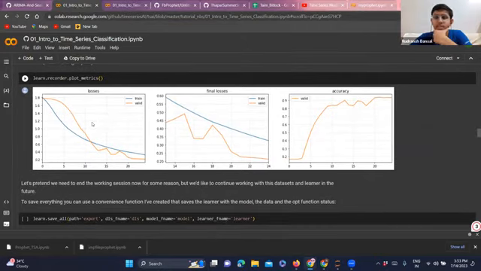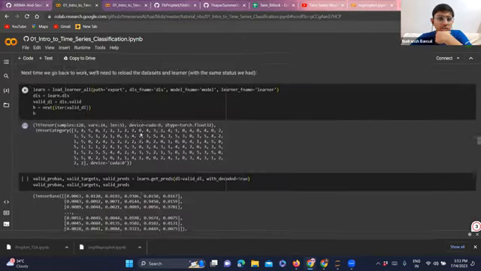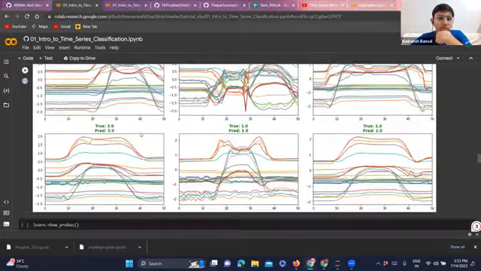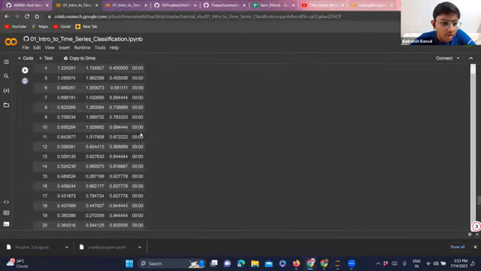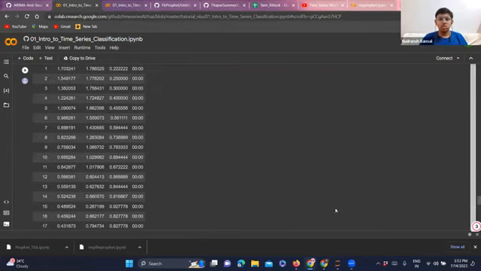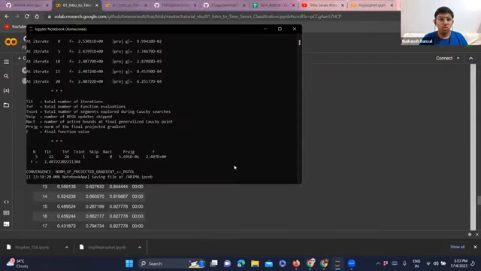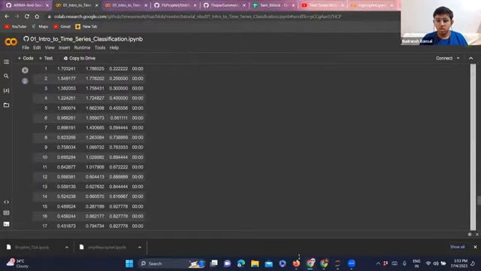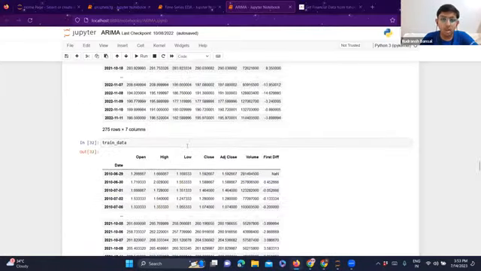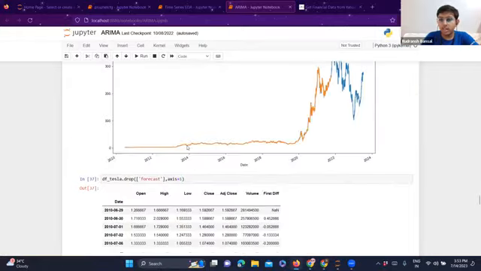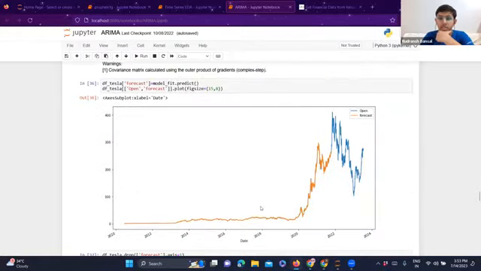This can be a better visualization. I can show you my own datasets. So let's have a look. This is an ARIMA model, and you can see after fitting this forecast, you can see this blue line. This is open, and this orange is the forecast.